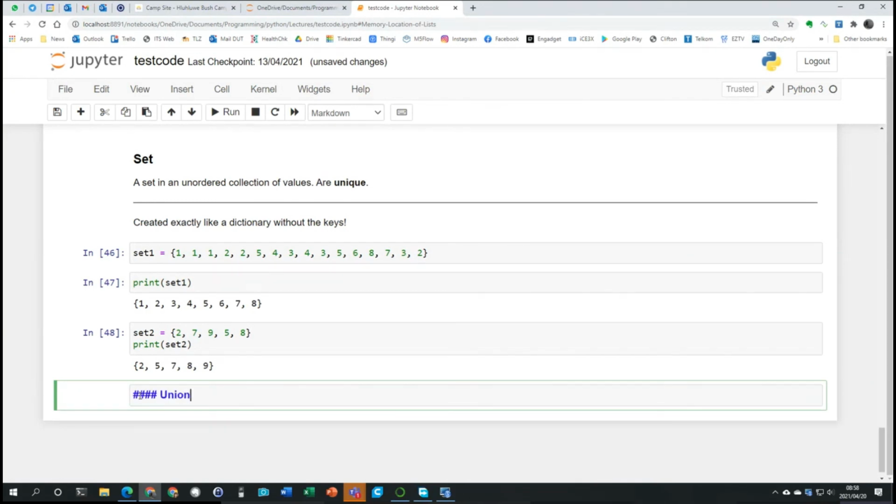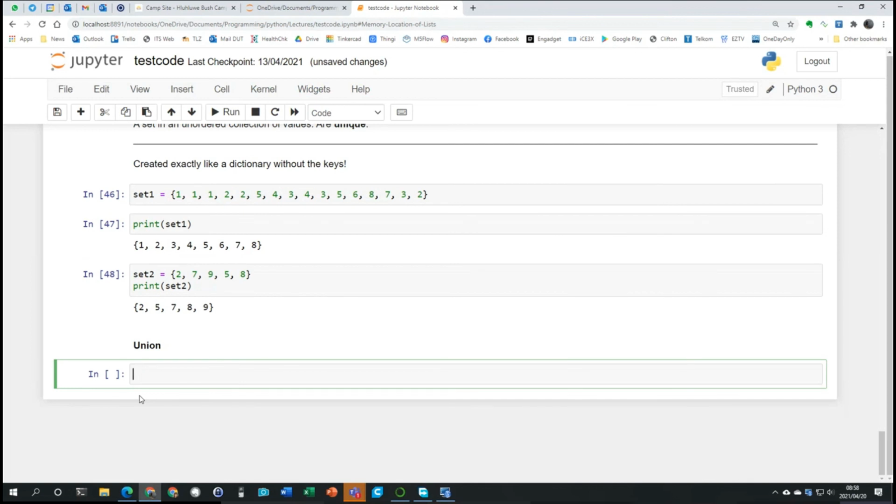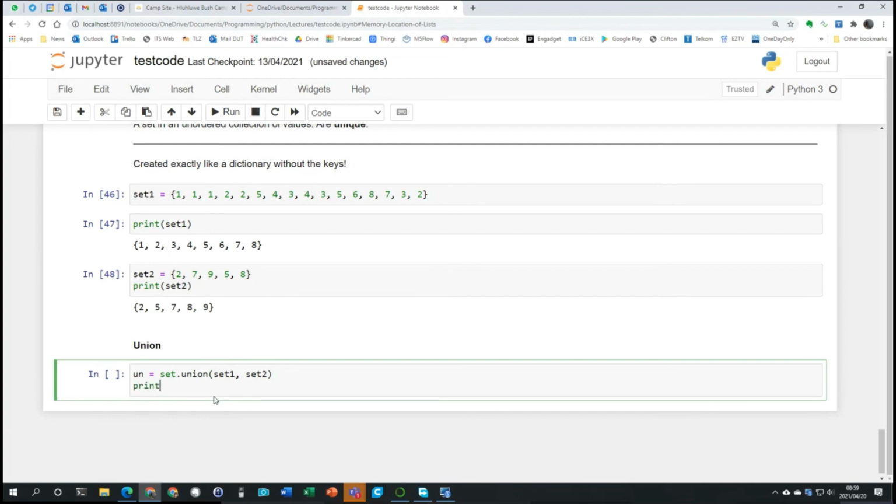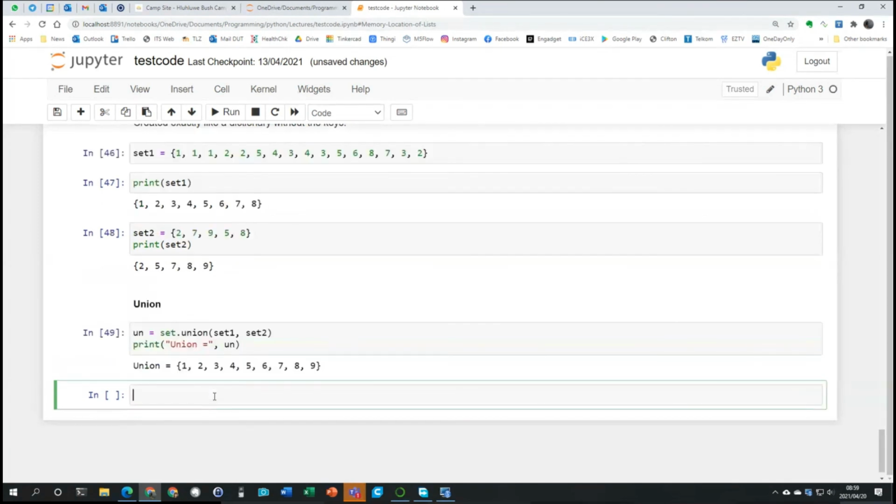So the first one is a union. We all know what a union is. I'm going to create a variable and I'm going to call it UN, and that will be set.union. So the dot union is a method belonging to all the sets in Python. So if I say set.union and then open my parentheses and add the 2 sets in there, set 1 and set 2, I can then print it out. If I say print union equals, comma, UN, it comes back and says, right, the union is 1, 2, 3, 4, 5, 6, 7,